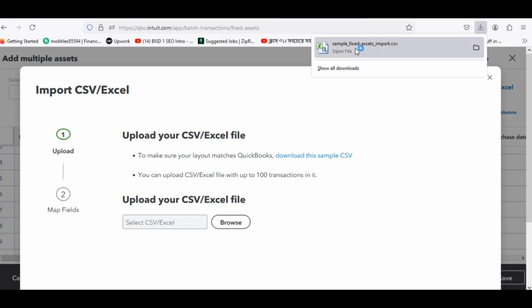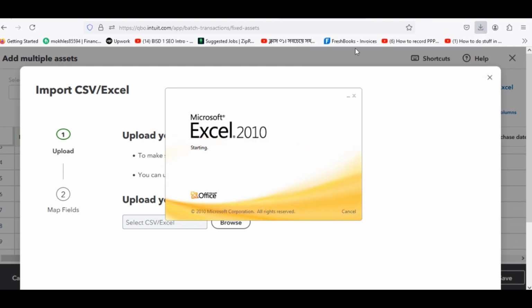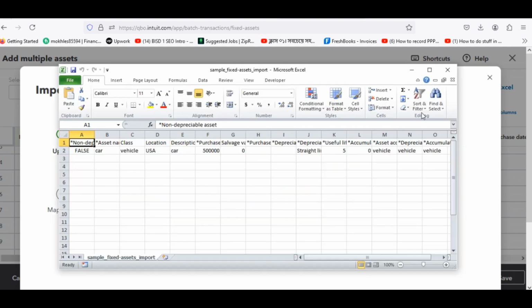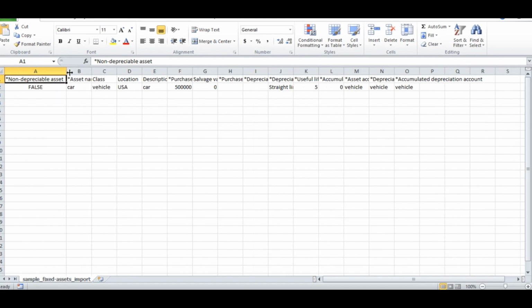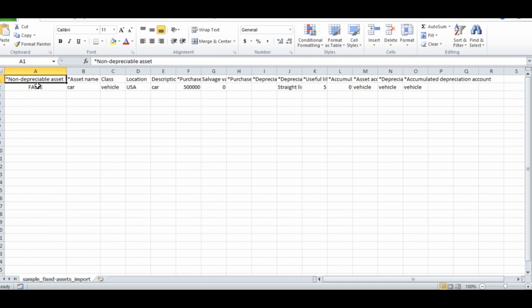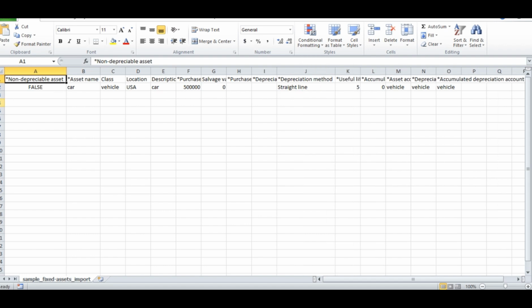This is for accountants, this is defaults. Here the multiple assets, import, then save,